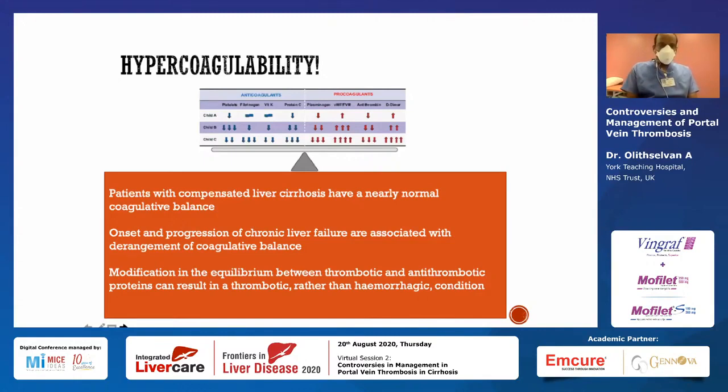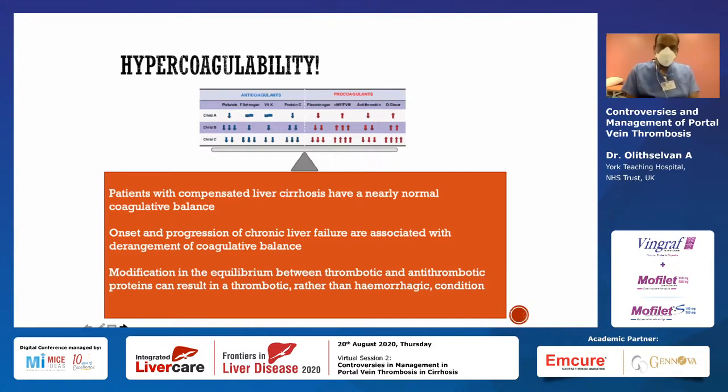If at all, it tends to overcompensate and goes more towards the coagulative side, which is the thrombotic side, rather than the hemorrhagic side. So, for example, if the platelets come down because of cirrhosis, the von Willebrand factor activity, both quantitatively and qualitatively, increases. And also the enzymes which cleave the von Willebrand factor decrease in the serum. So it's a combination of factors which keeps the equilibrium, and it definitely holds true for the early stages,